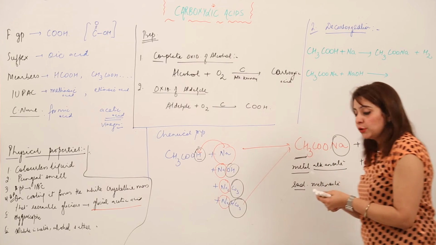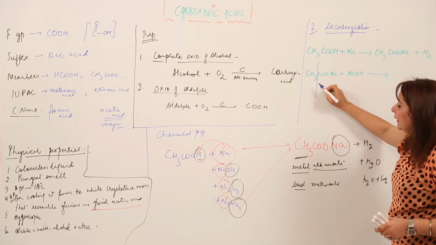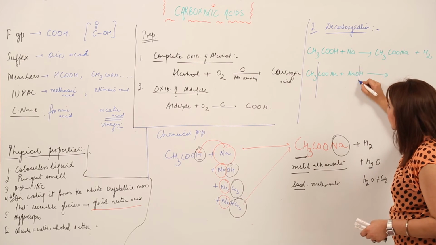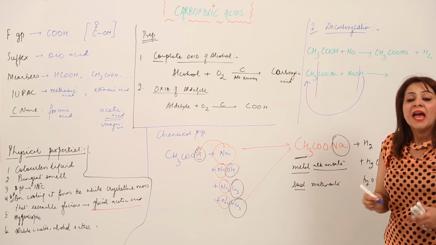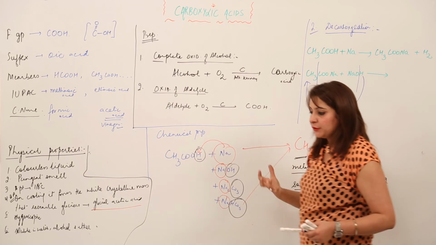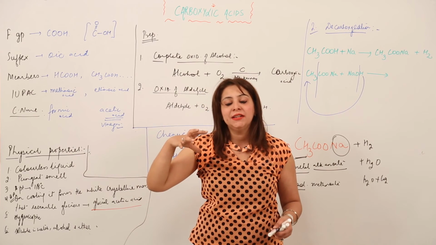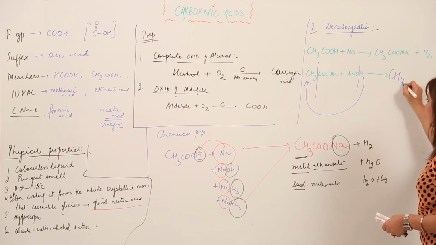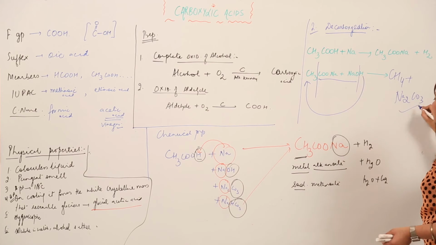This reaction is going to take place like this. This molecule is going to cleave here. That means the alkyl group will get separated from COONa, and this H is going to attach to the alkyl group. And any alkyl group which is supplied with H, what does it form? You know that an alkyl group is formed when H is taken out from an alkane. So when you supply the alkyl group with H, obviously you are going to get the alkane. So what am I going to get? I am going to get CH4, and the side product is always going to be the same, that is Na2CO3, the sodium carbonate.